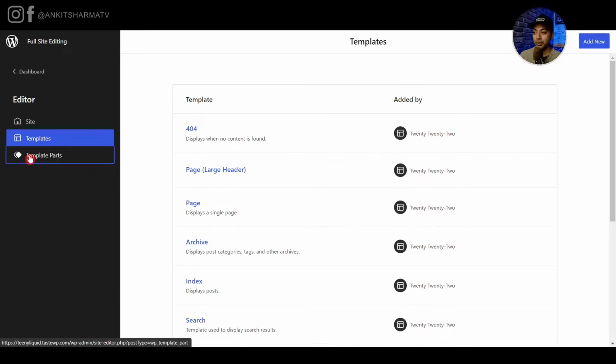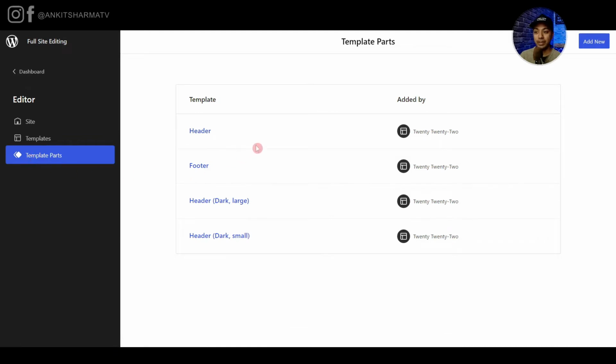And the next option is template parts, which actually deals with the small parts of this entire template, like our header and footer. So here we can see we have different versions of headers and a single version of footer. So now in order to create our own version of header and footer, we can use this add new button here on the top. And by this, we will be creating a custom template part, which we will use either